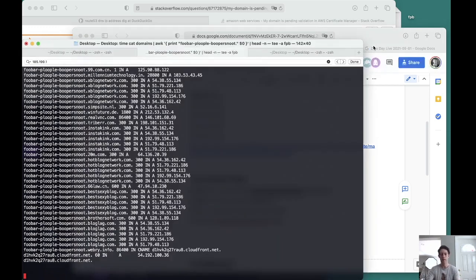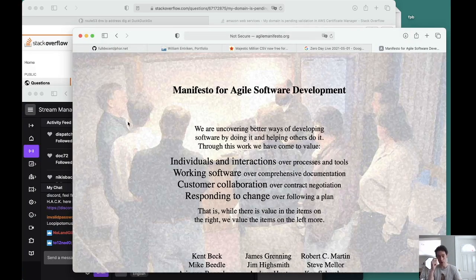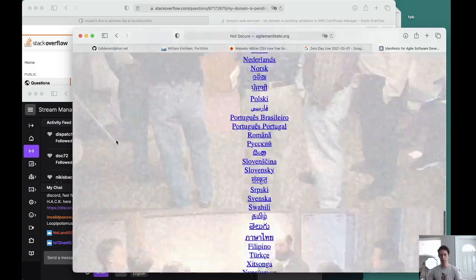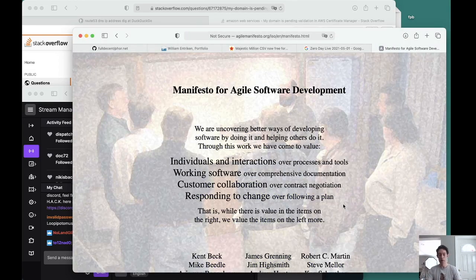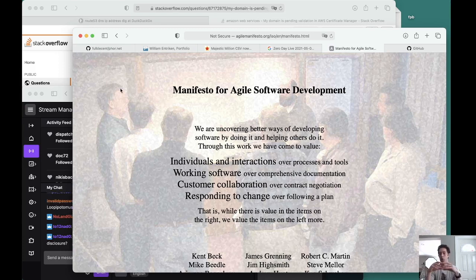So what we've identified, this website, Manifesto for Agile Software Development. And this is in a lot of languages, short website, not a high value government website here. So what I'm going to do is set up my website as a subdomain to this website. The purpose of doing this is to demonstrate to these people that there's a problem here. Let's open this as a discussion. So how do other people feel about this? We're not going to interfere with them. We're not going to degrade. We're not going to destroy, but we are going to illustrate what the problem is. We're going to make something on this website and say, look, you should probably change this.